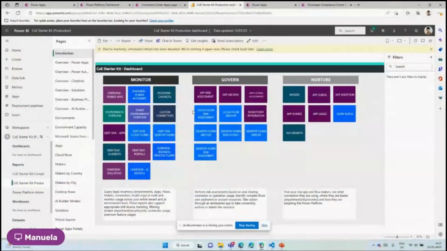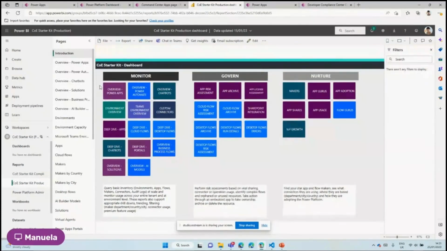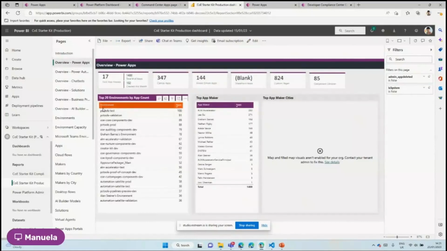So as you install the COE kit, one of the first things customers spend a lot of time in is usually the dashboard that comes with it. It has quite a lot of pages, and that's to give you the ability to drill down into your usage using different angles. Usually what customers start with is the Power Apps overview, where you can see how many